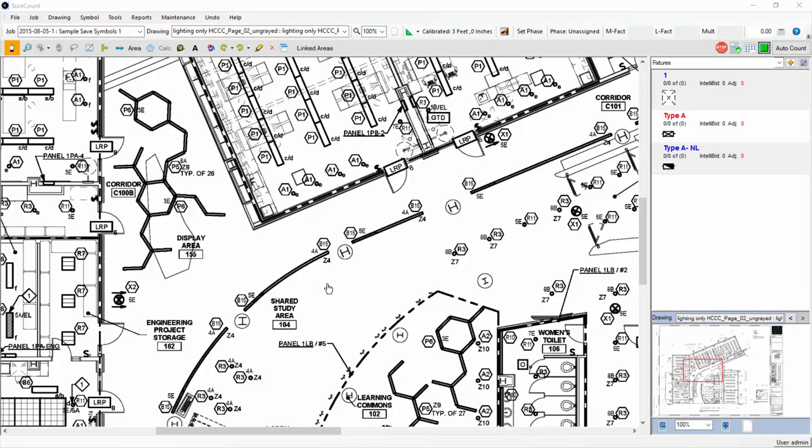The following is a quick video on how to do a takeoff for linear fixtures using SureCount. The drawing I've used is just a simple office floor plan with basic fixtures: typical 1x4s, 2x2s, different downlights and exit lights and so forth. But here there are linear fixtures and even some curved linear fixtures, and the example that I'll use is type